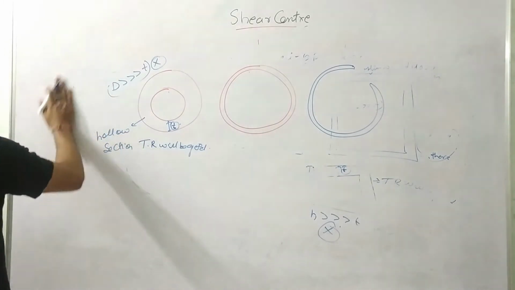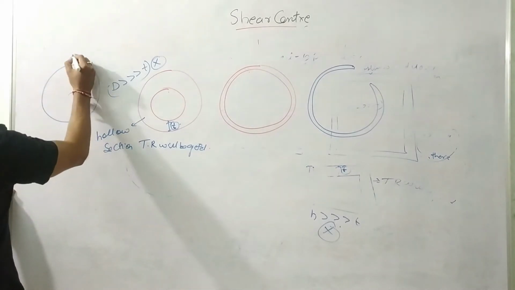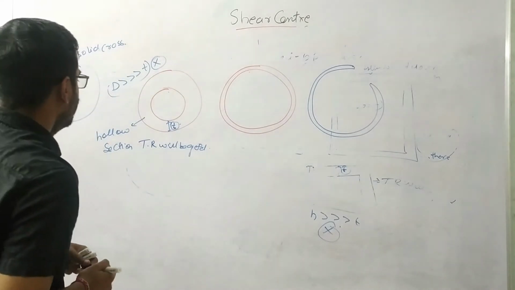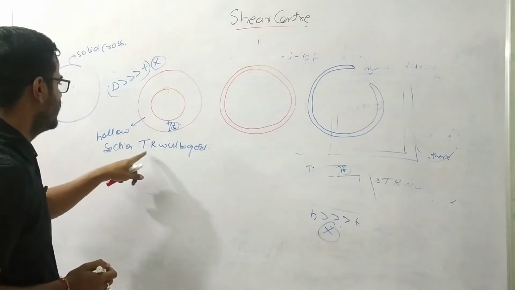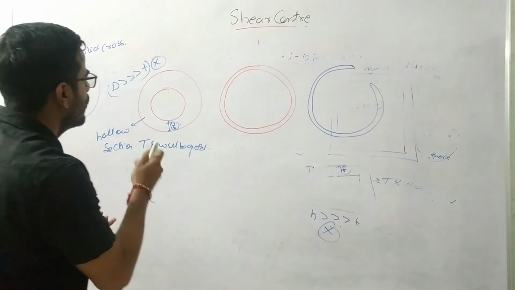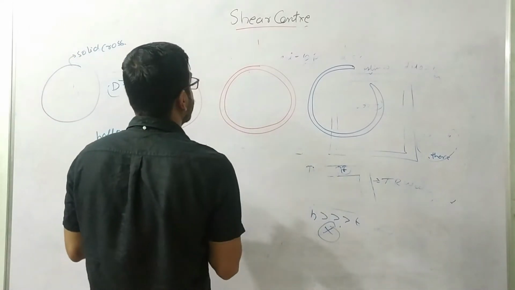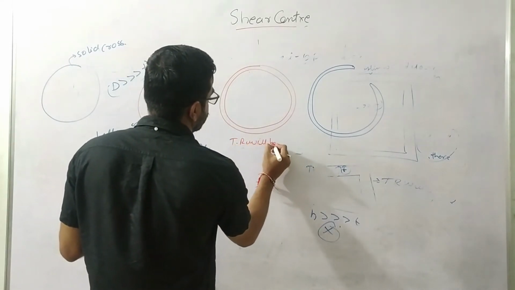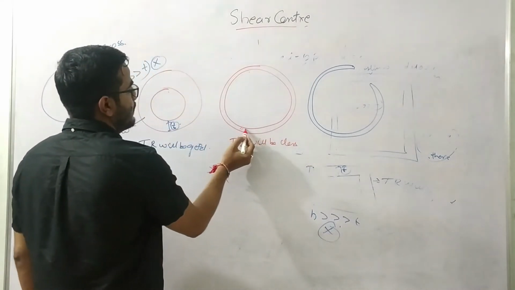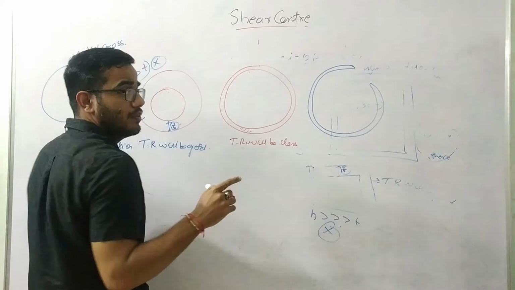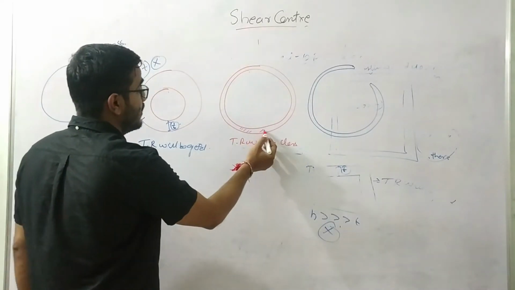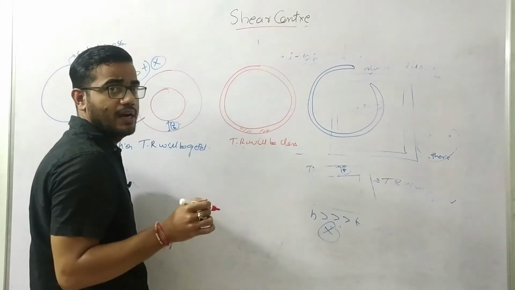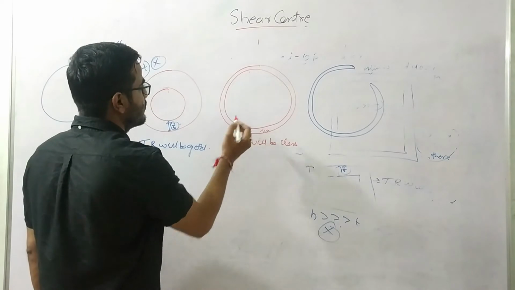Let us discuss one more cross section, which is a solid cross section, but circular. So this is the hollow section. The torsion resistance will be good. Now coming to this thin walled circular cross section, the torsion resistance will be less. Again, the same reason: at the periphery, the material is very less. But torsion stresses will generate at the periphery only, and at that periphery you have provided very less material, so torsion resistance will be very less.